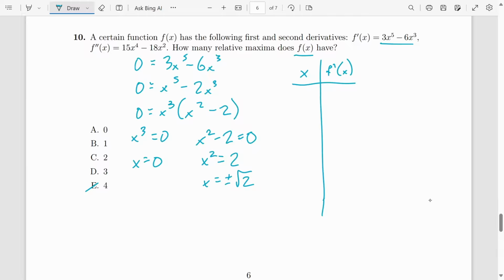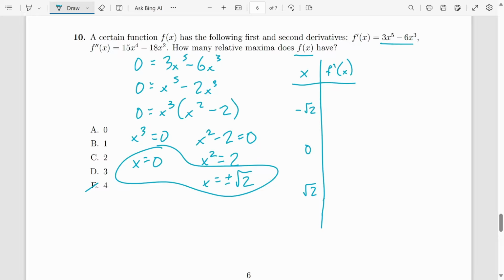And I'll show you how we can still get the right answer from this. So we still set it up like normal. We list all of our critical points in ascending order. So we've got 0 in the middle, and then negative root 2 and positive root 2 on either side. But for this adapted problem, let's go ahead and plug in some intermediary values that are in between each of